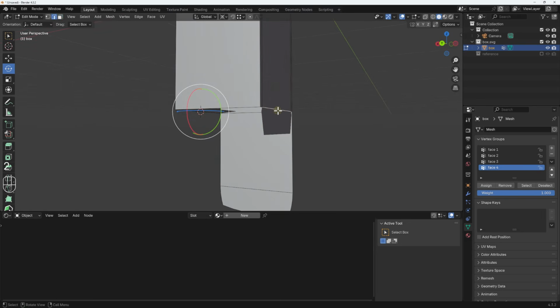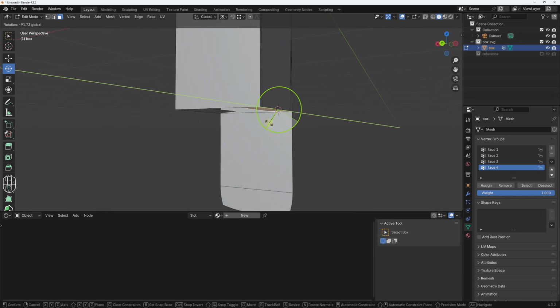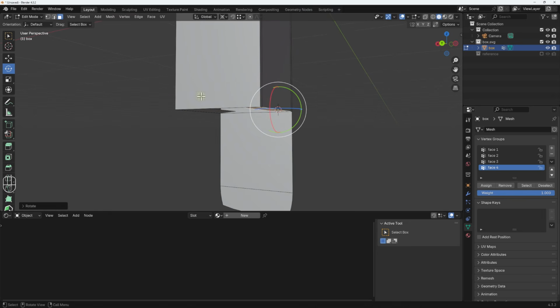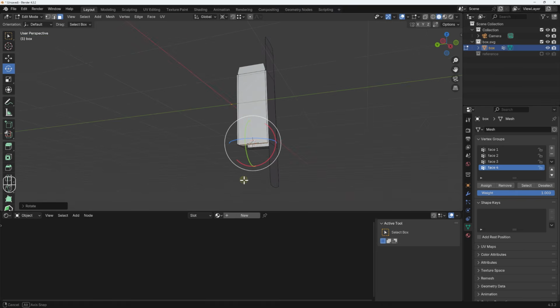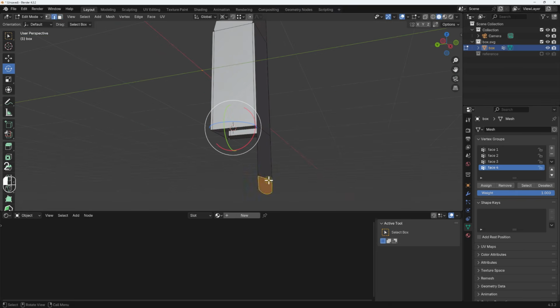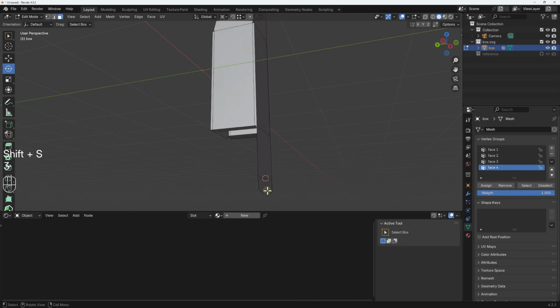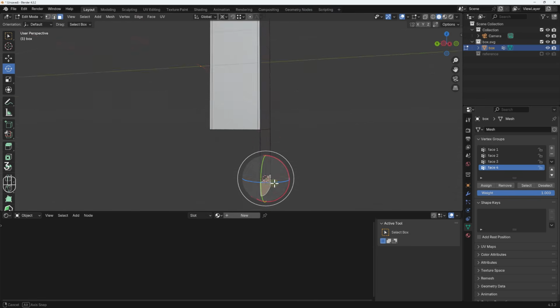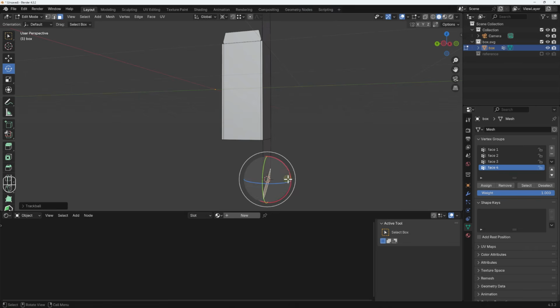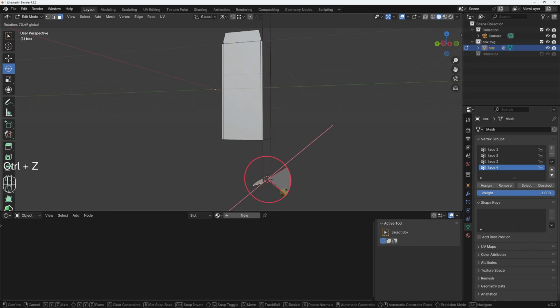Select this edge, Shift S, cursor to selected, and then hit on 3 for face select mode, select this face, and then let's rotate this inside a little bit, right? So we can do the same thing here. Select edge, select this edge, Shift S, cursor to selected, select this edge, and then let's rotate it. Let's rotate it like this